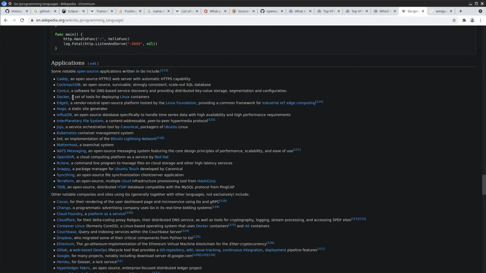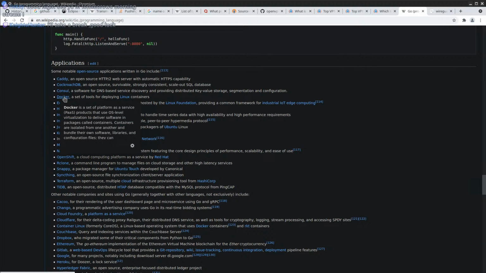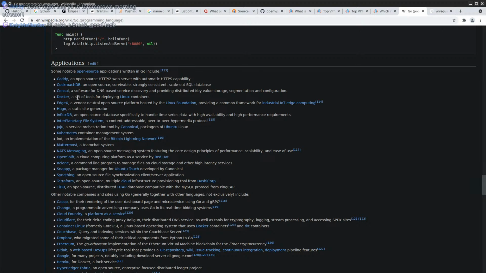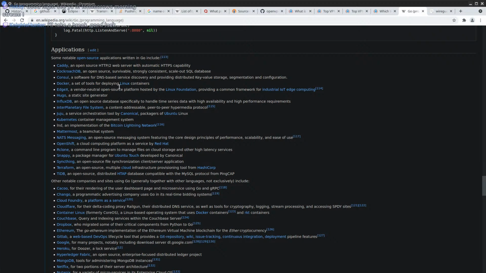Docker. Ooh, Docker actually is written in Go. Wow. Linux containers. Yeah, Docker is another fascinating piece of software that's very popular at the moment. It's for making virtual containers.